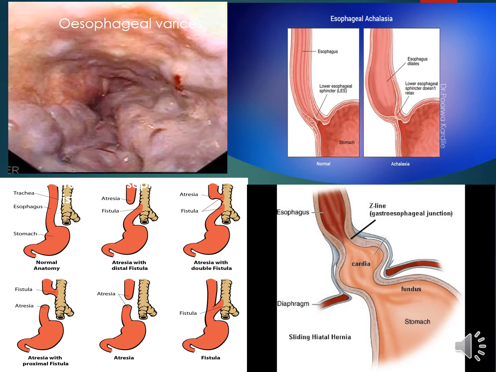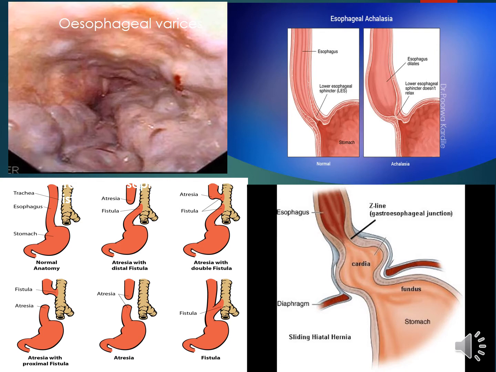Now in the second figure of this slide, we can see the proximal end of the esophagus is having atresia, and its distal end communicates with the trachea. It forms a fistula in the trachea. In the next figure, there is a fistula or opening of proximal as well as distal end of the esophagus into the trachea. And in the next figure, there is atresia of distal segment and opening of esophagus into trachea,